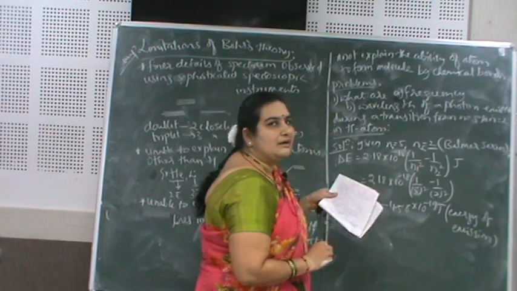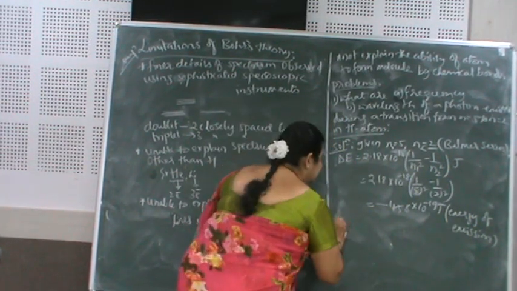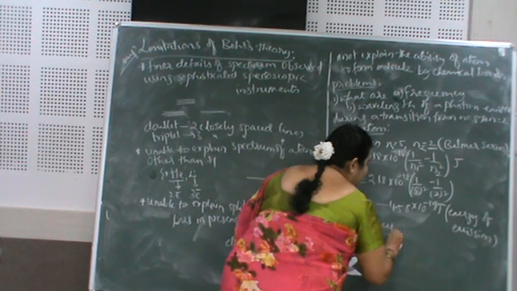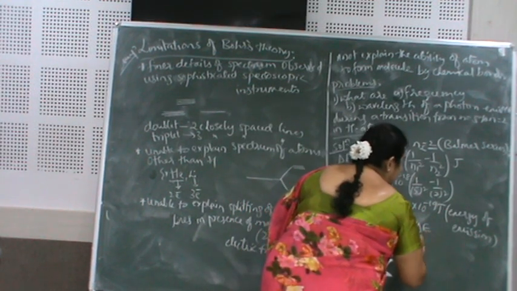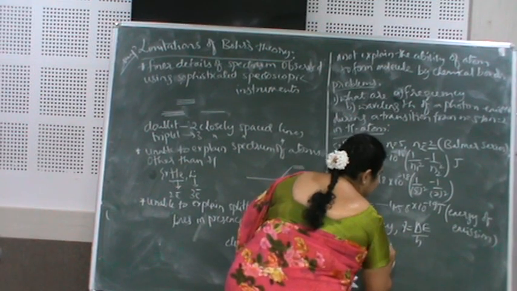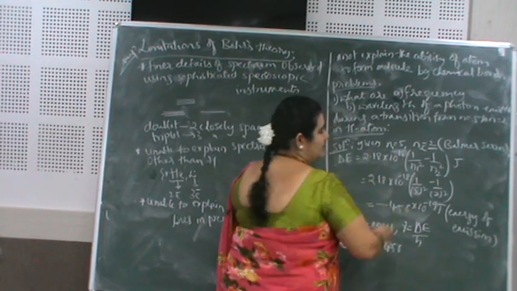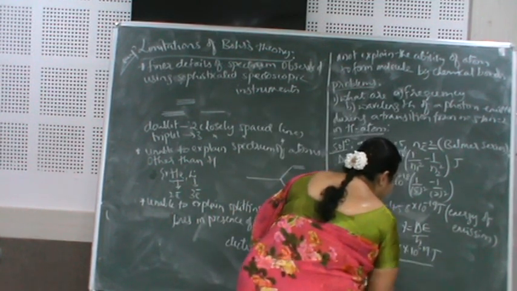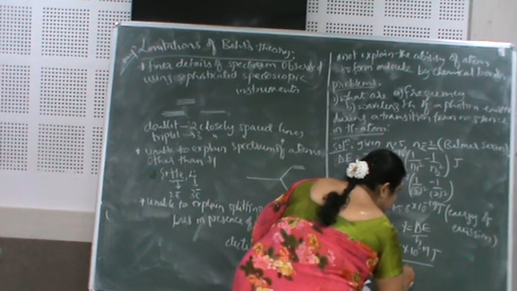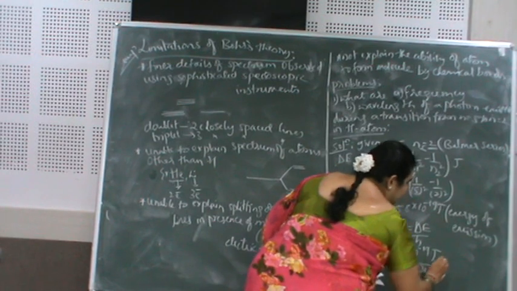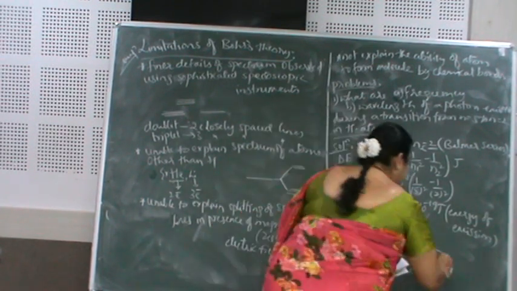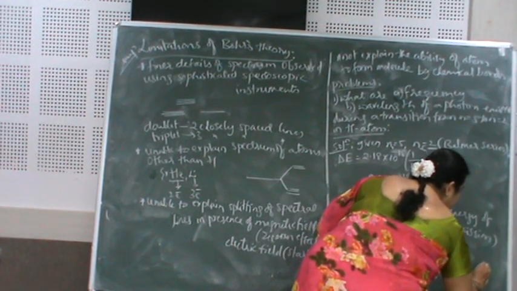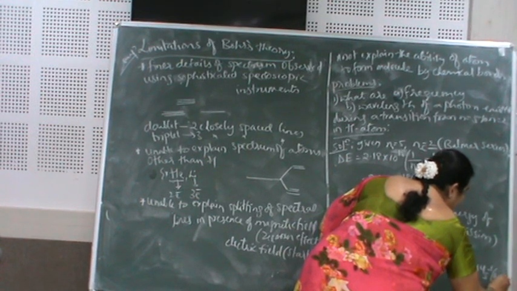Now I will move to the first quantity to be solved, A, frequency. Frequency of radiation is given by the formula nu is equal to delta E divided by h. Delta E is 4.58, just take the magnitude of this value, don't take the sign, into 10 raised to minus 19 joules divided by 6.626 into 10 raised to minus 34 joule second. So the answer will be 6.91 into 10 raised to 14 second raised to minus 1, or hertz.